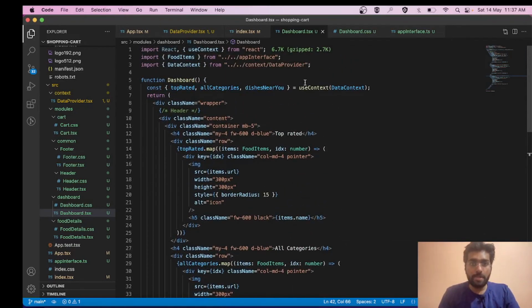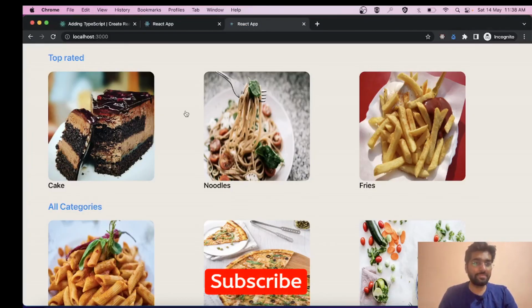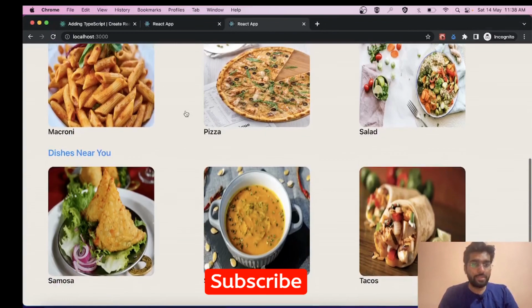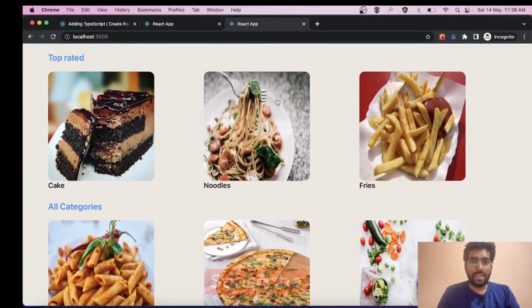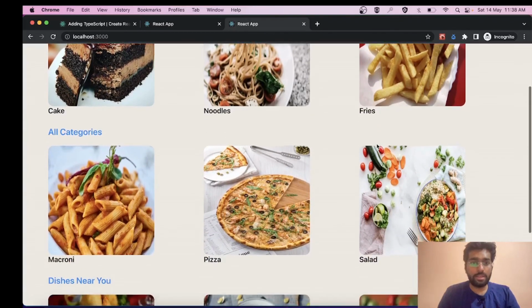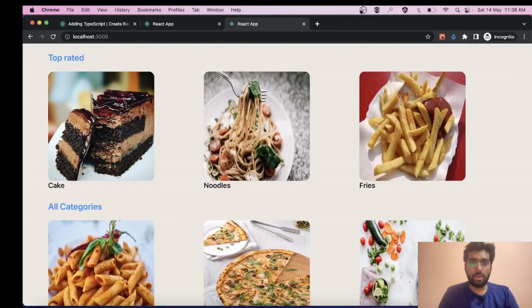One more thing that we have missed, that we need to import the css also. Cool, so we have successfully imported the css also. So now let's go ahead and have a look in the browser. Let's refresh the page. So friends, yeah, it looks cool. We have successfully coded the dashboard component, and we have successfully coded the css file and .tsx file.